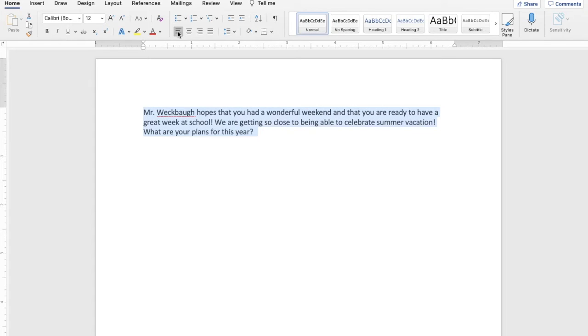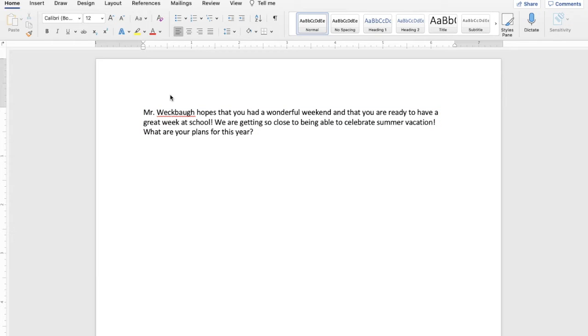Now there is one other type, and that's this fourth one right here, and this one is called justify. And this, if we click on, you'll see it's going to make it look perfect on each line. If we added a little bit more, it would spread it out so that every line ends at the same point and every line starts at the same point. You see this a lot in newspapers. You probably won't use this too much. Like I said, we'll always be on that left justification.